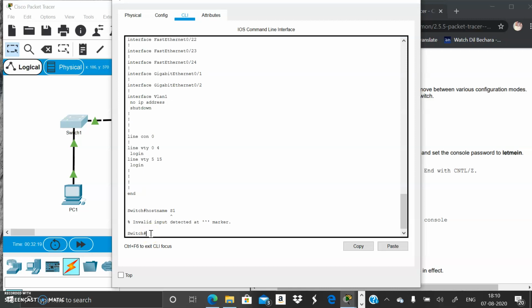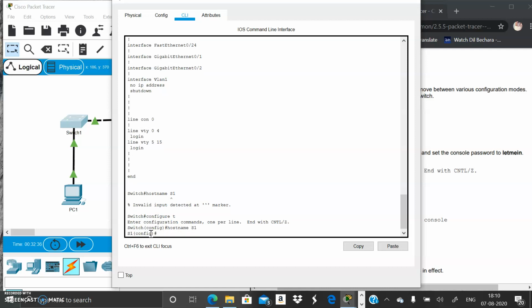Firstly, we have entered into the configuration terminal, or the global configuration mode. Enter the command hostname. Okay, this is how we have to assign the host name. Next, exit from here.